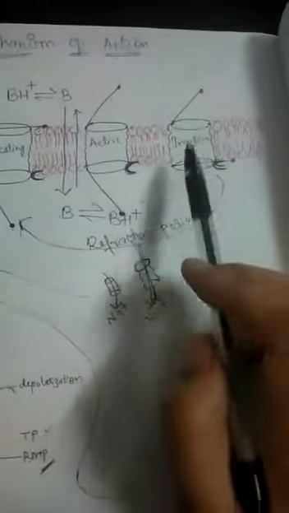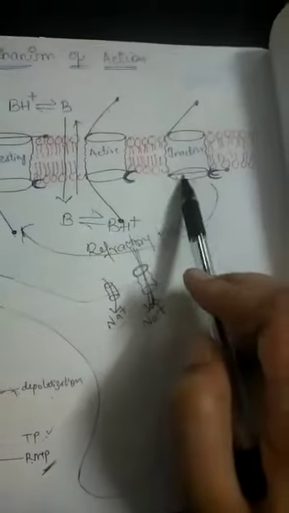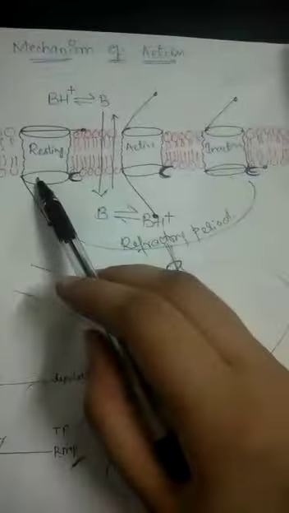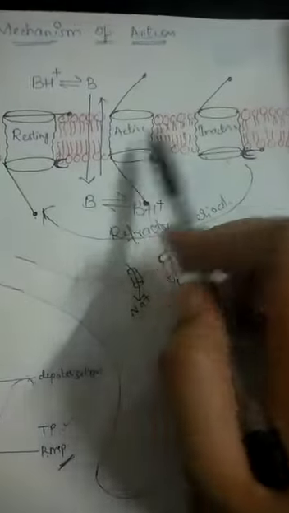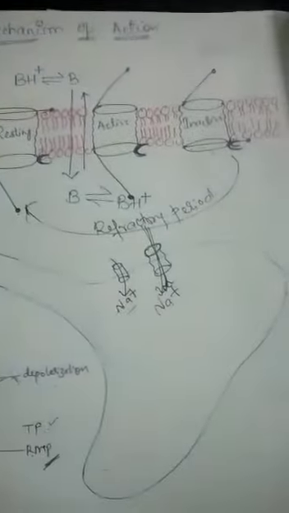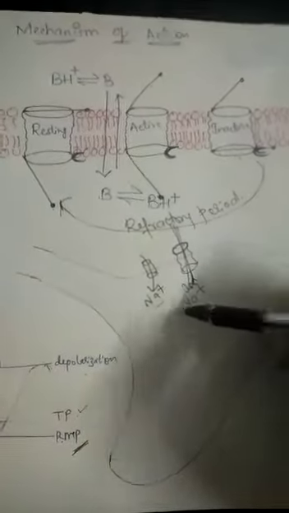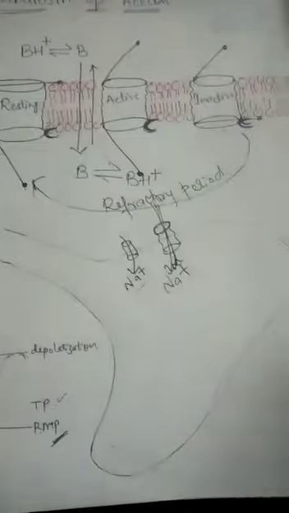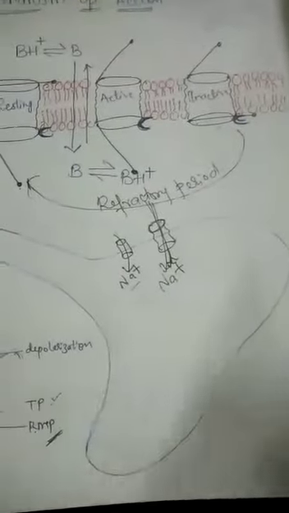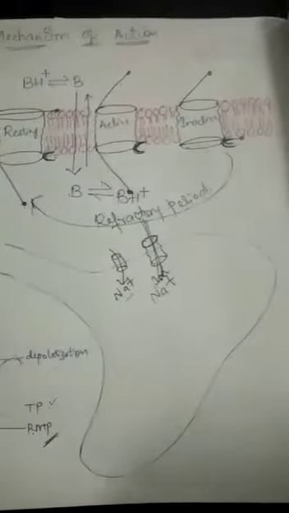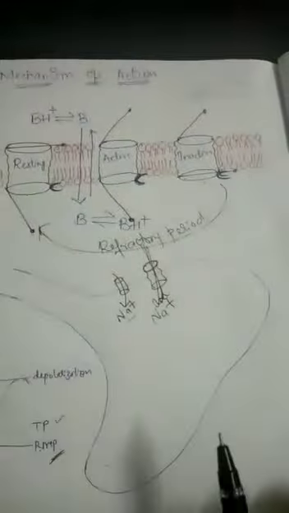Now, when this voltage gated sodium channel wants to become active again, it should move to resting, then become active and then inactive. So this is the condition, and you might know what will happen because of sodium entry. Yes, depolarization occurs followed by repolarization. That means there will be a continuous movement of the action potential, because of which sensory as well as motor neurons will be working. Now this is the normal physiology.